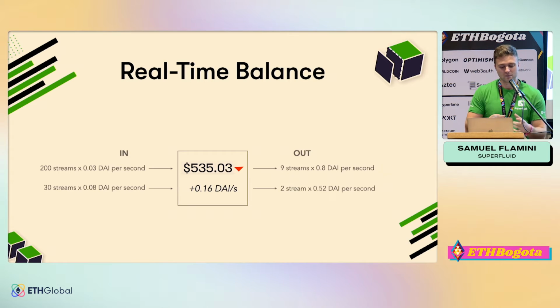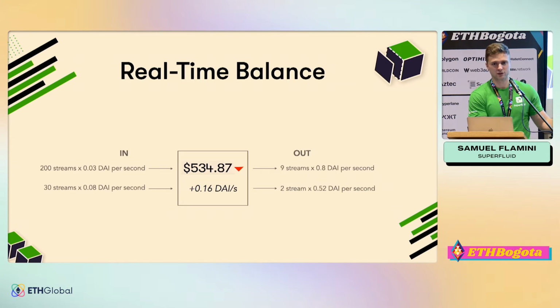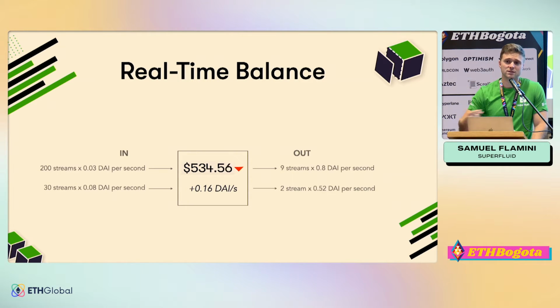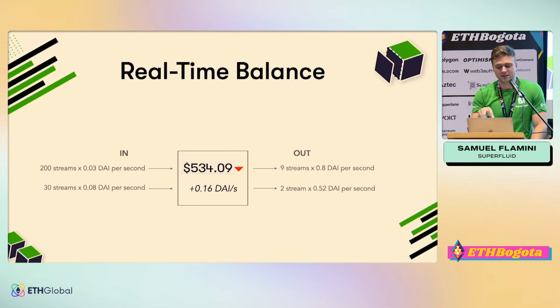So we built an extension onto the ERC20 that comes with all the stuff you're used to: approve, transfer from, symbol, all this stuff. But the way balances are calculated will take into consideration all of the agreements you have outstanding for any given token, right? So within that balance of function on a super token contract, there's another call that's made to a function titled real-time balance of, which takes into consideration your real-time balance, right?